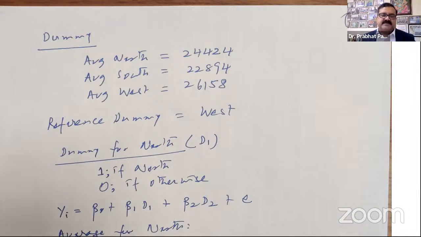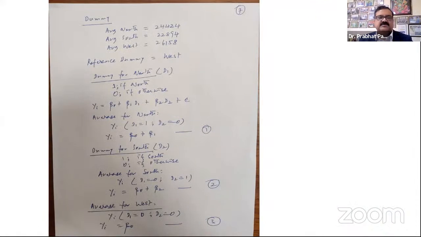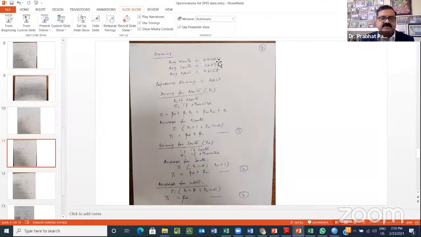So if I change the sample, we'll get 24,000 for north, 22,000 for south, 26,000 for west, even if I change my sample. But if I change my sample and I get a different result for north, south, west, this means this number difference is insignificant. It's not actually significant. So null hypothesis comes from there. So they are the same. And what we are trying to test through this regression equation is whether they are significantly different or not. So this is the alternative hypothesis we are working on.